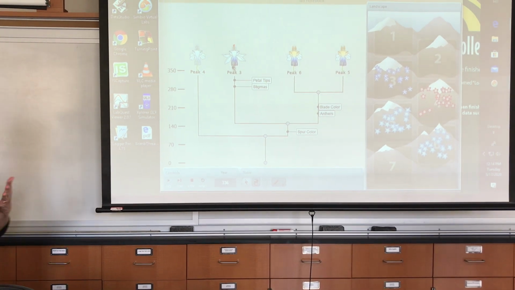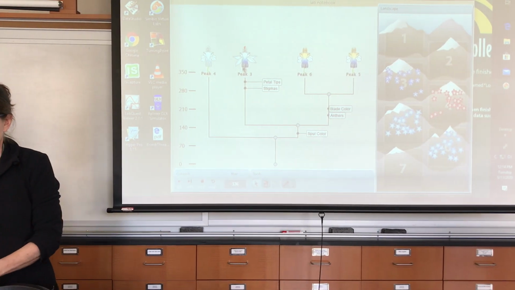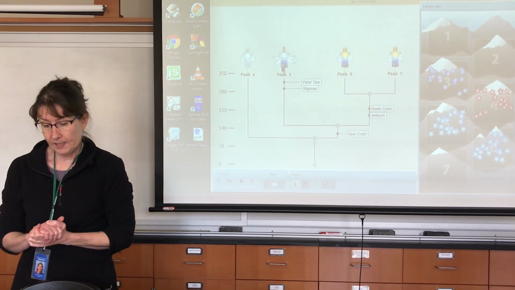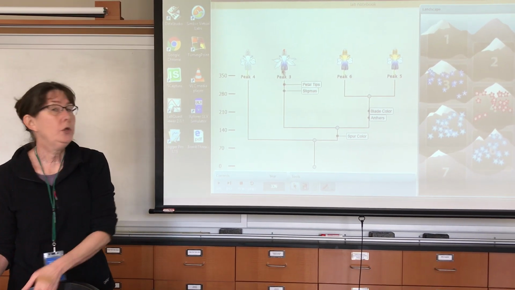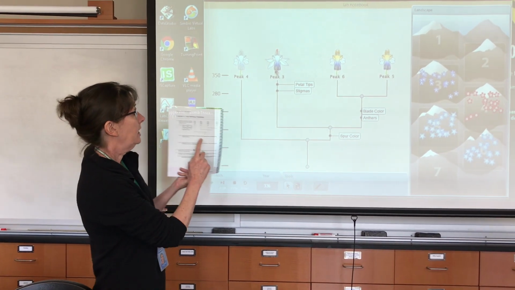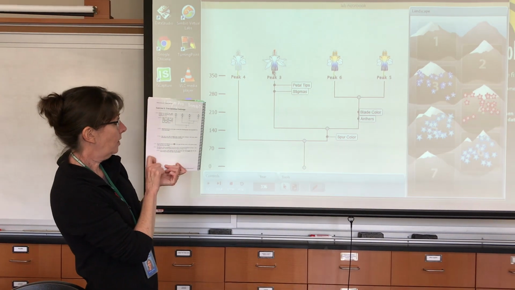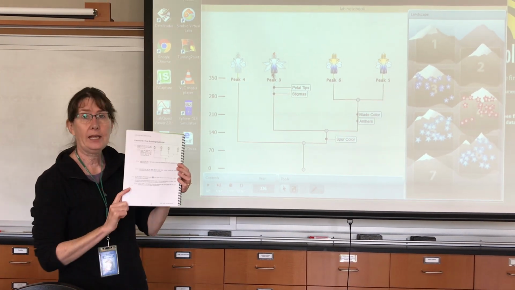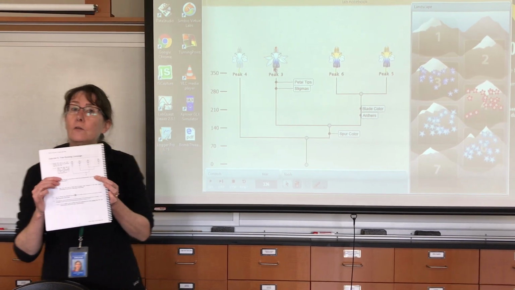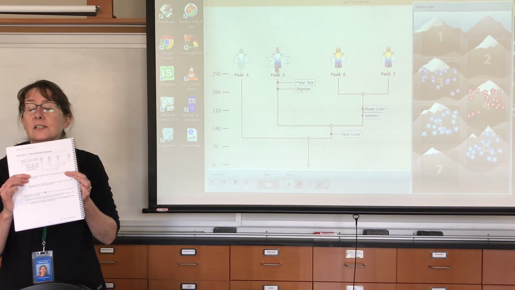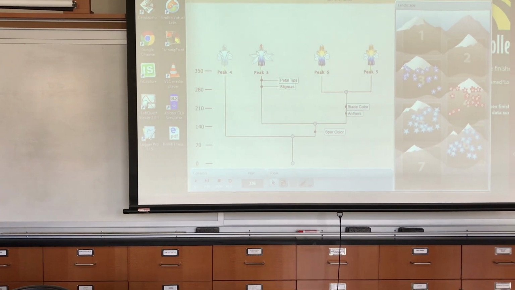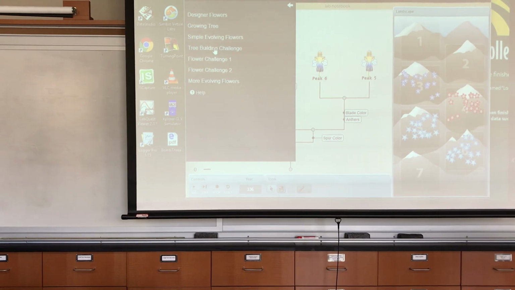Keep all of those things in mind when you get to exercise 5, which is your tree building challenge. You are going to have to construct a phylogenetic tree that looks just like the one in your lab manual on page 80. However, you cannot start at peak 4. You have to start at a peak other than 4. So when you go to that tree building challenge,